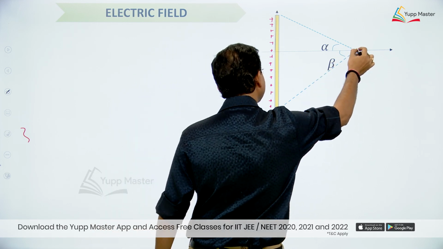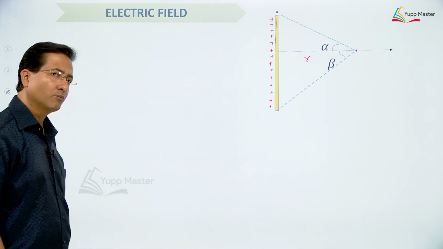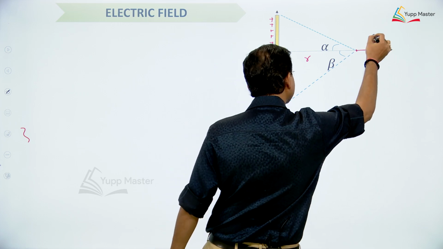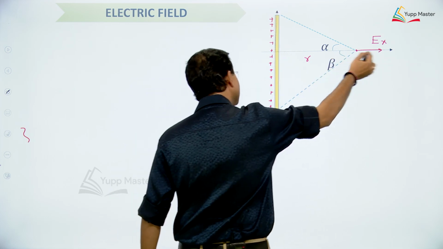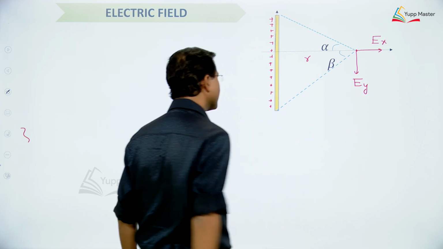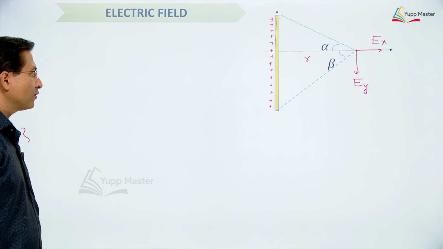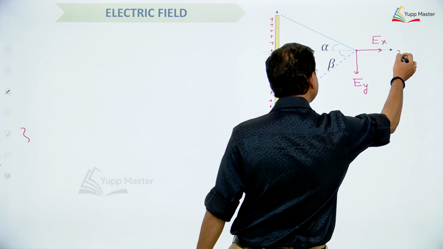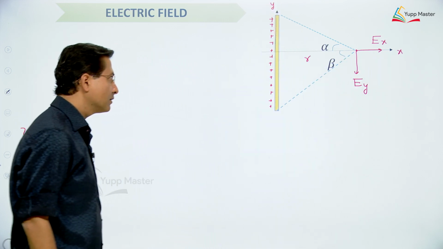At this particular point, which is at a distance r, we got two components of field, one along the x direction and another along the y direction. So we got two components of field, perpendicular to the rod and along the rod, Ey, right, after integration. If I want to write it in vector form, that vector will have two components, one along the x axis, let this be the x axis and this be the y axis, and another along the negative y axis.